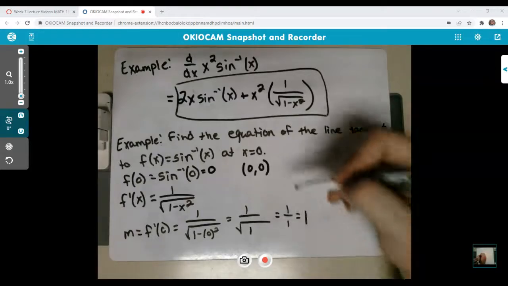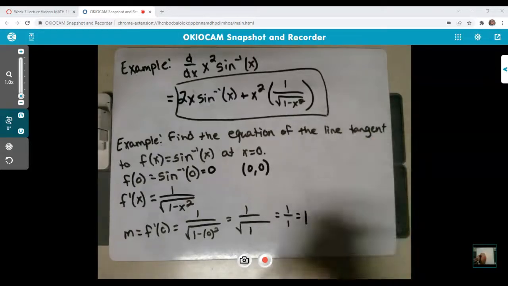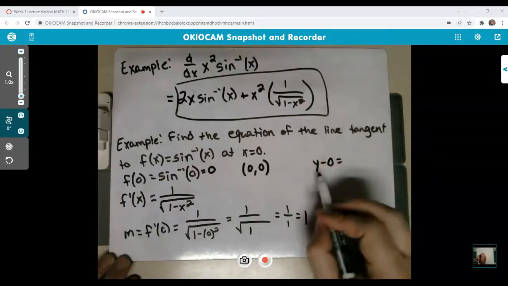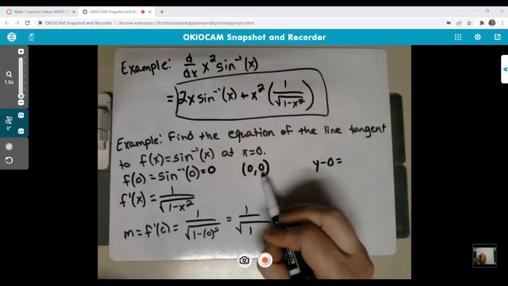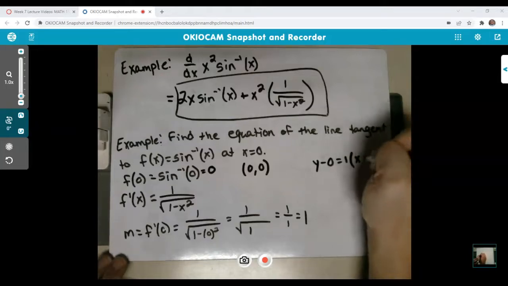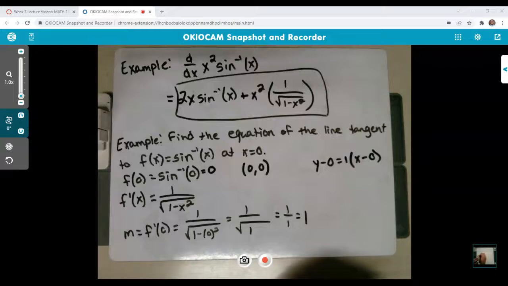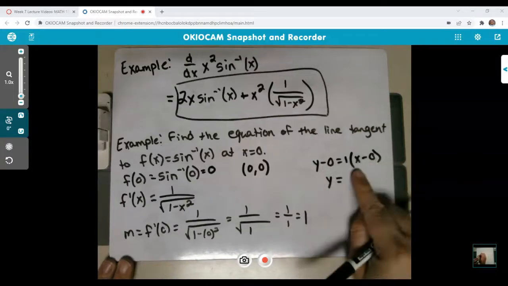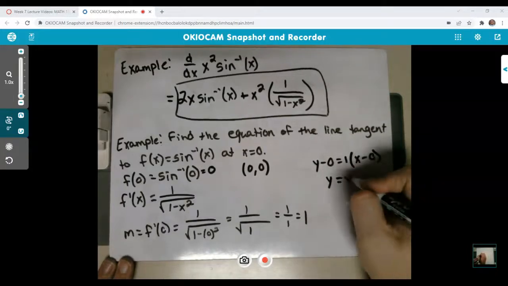So now that I have a point and I have my slope, I can put this into point-slope form. So y minus 0, because y minus the y that I know is equal to my slope, which is just 1, times x minus the x, which simplifies down really nicely because the only thing I have over here is a y, and the only thing I have over here is 1x. So y equals